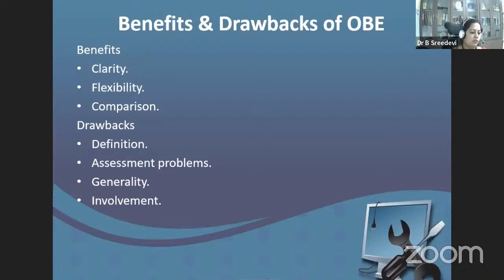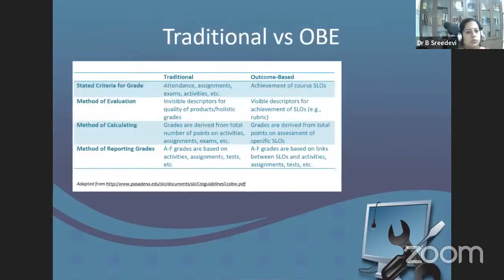So these are the benefits and drawbacks. But the benefits are clarity, comparison, and flexibility. We march towards the benefits. Then how are traditional and outcome-based learning different? So as you can see from the table,